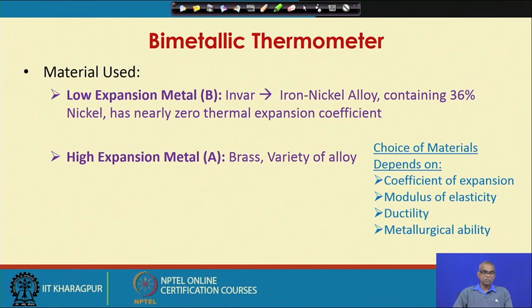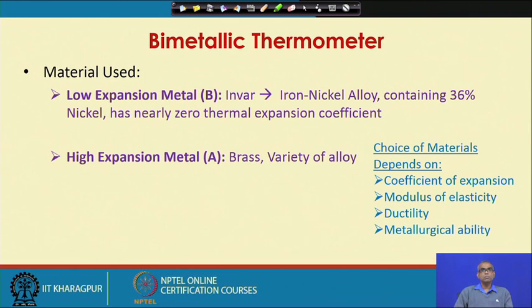Commonly, the low expansion metal B that is used is invar, which is an iron nickel alloy containing 36% nickel and has nearly 0 thermal expansion coefficient. So, what is normally done is